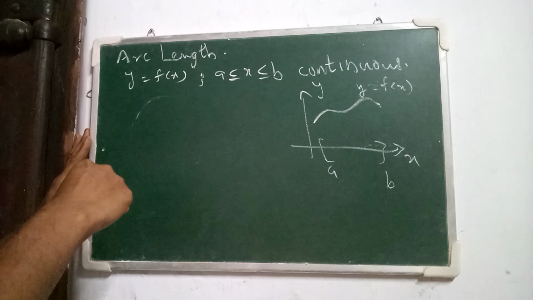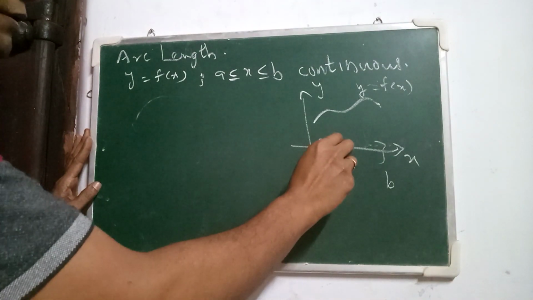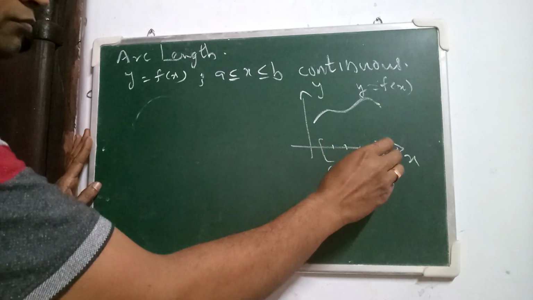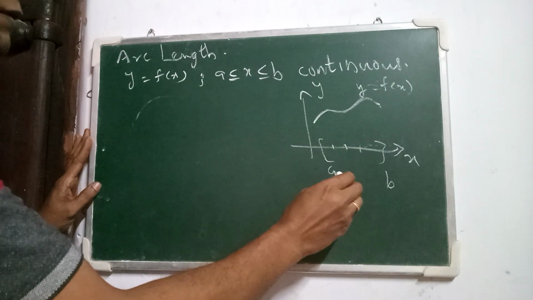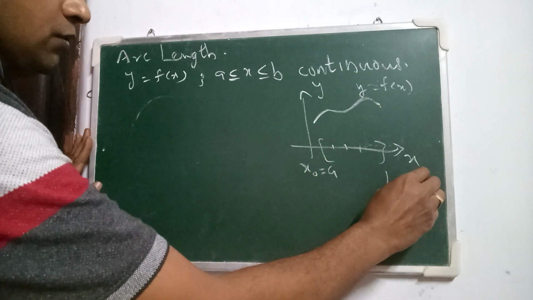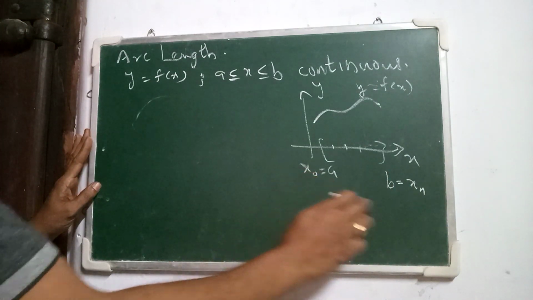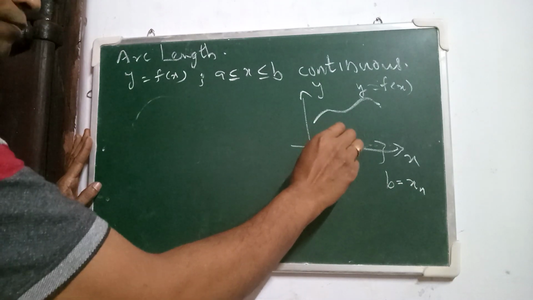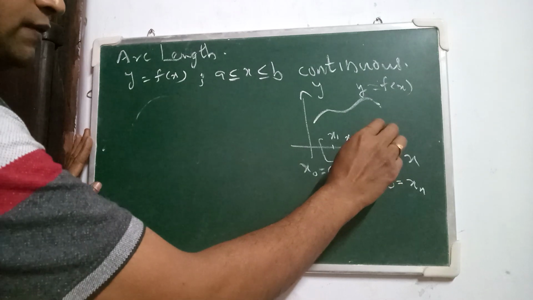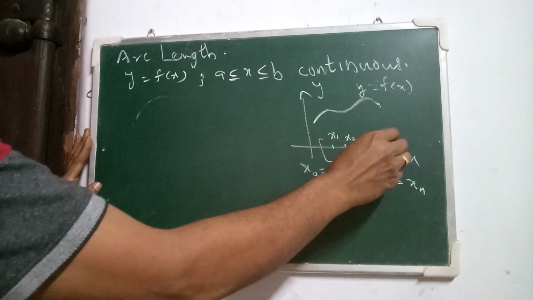So what we will do is partition the interval AB into equally spaced subintervals. I will call x0 as A, xn as B, and this is the point x1, this is the point x2, etc. This is the point xn minus 1, B is the point xn, all equally spaced,